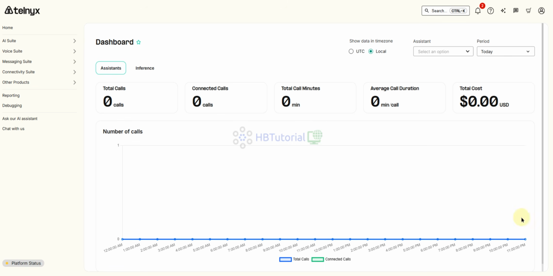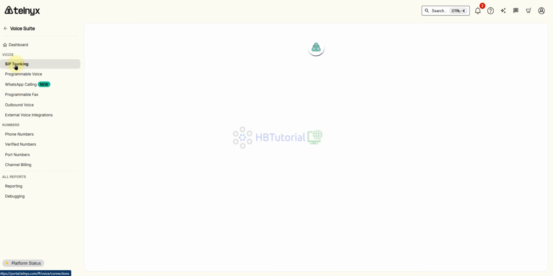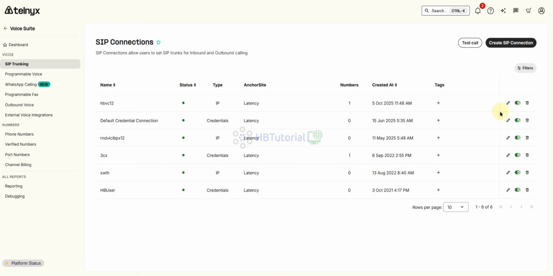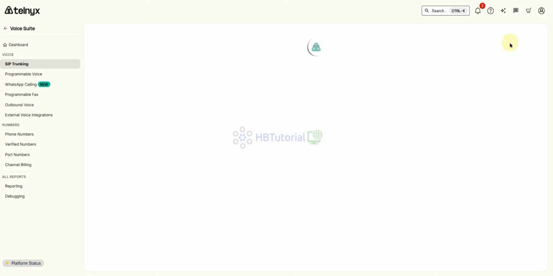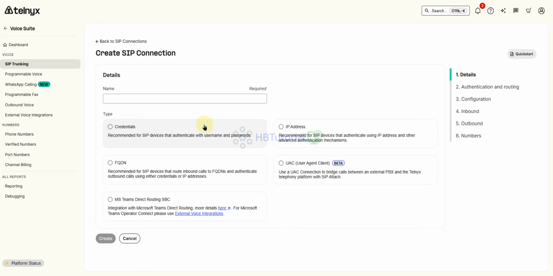So we go back to our Telnyx account. Go to the voice SIP trunk. We will create a SIP trunk. So we will put here 3CX PBX.